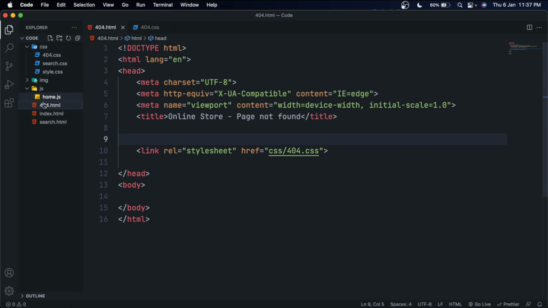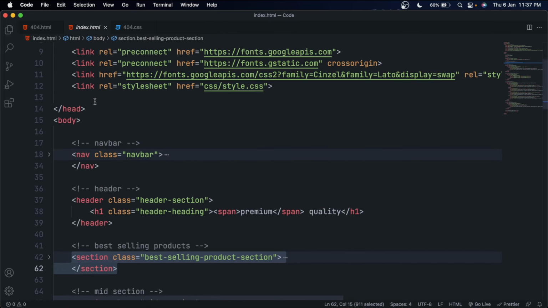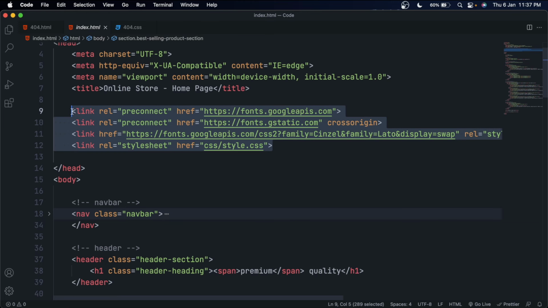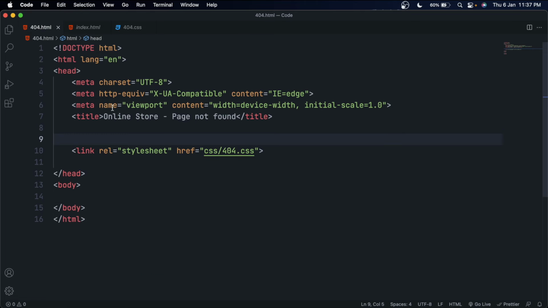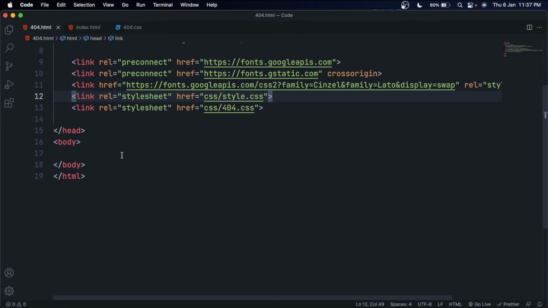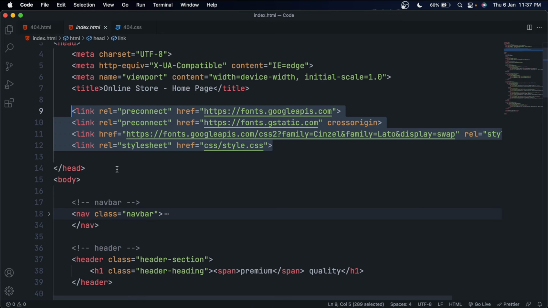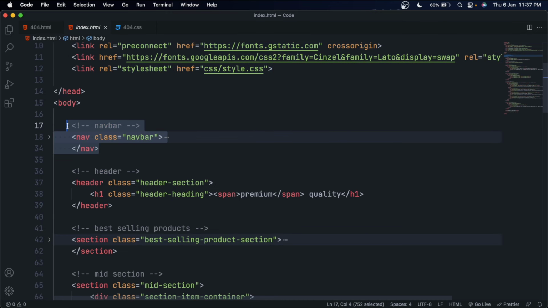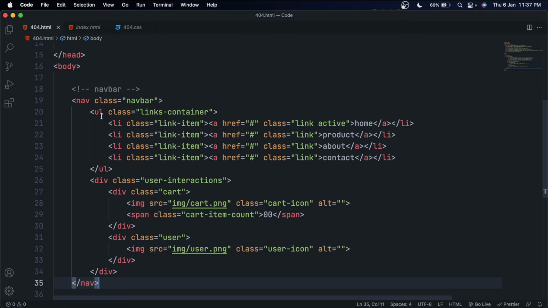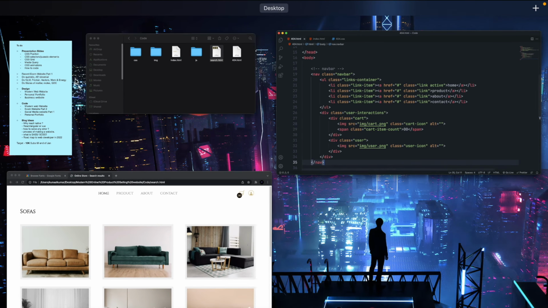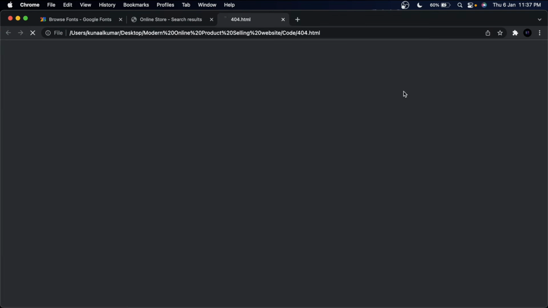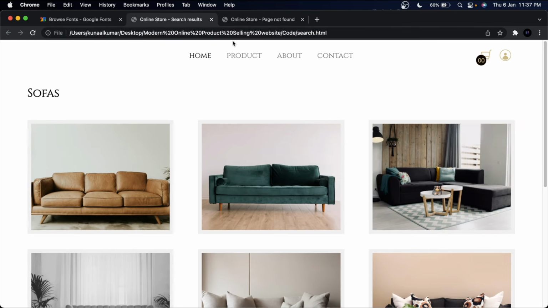After linking the 404 CSS file, open index.html file and copy these links. As I already mentioned, we will use these styles as a common styles. So paste it here and copy the navbar also and paste it here. We don't need the bg class here because we will have the background image in the 404 page, so we don't really need a bg class. You can see we got the navbar, but